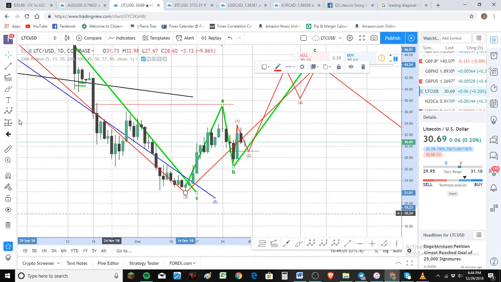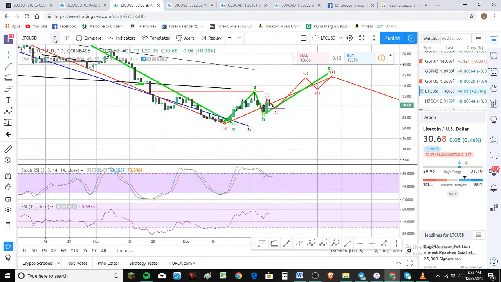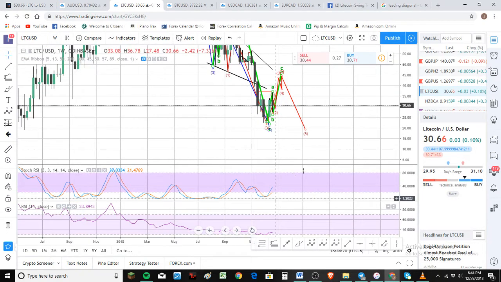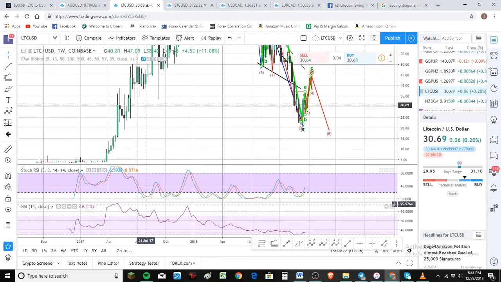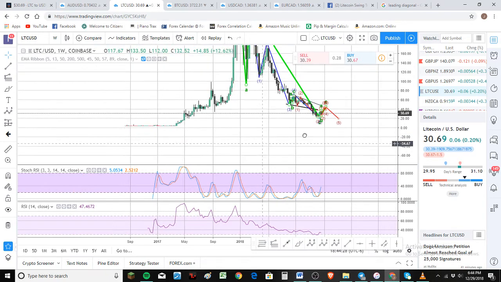I'm just looking at this. You can see kind of almost a clear head and shoulders as well, which is made by the waves. Oh, I want to show you one more thing. I keep saying one more thing, but let me just show you the weekly, man. The weekly stochastics. If you go back and you look where the weekly crossed into the B, let me just get the whole chart in view so you can see.